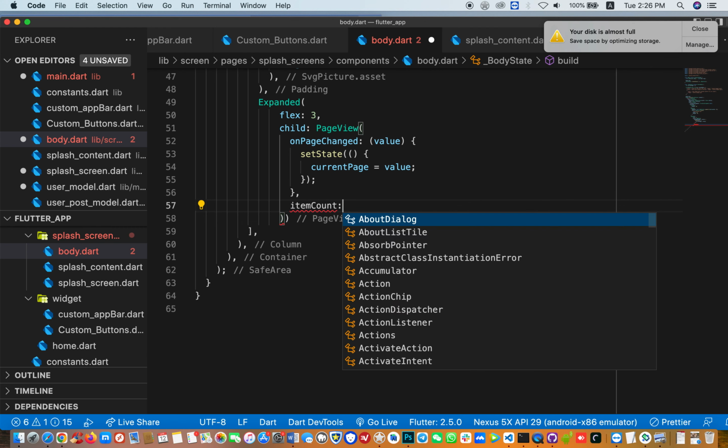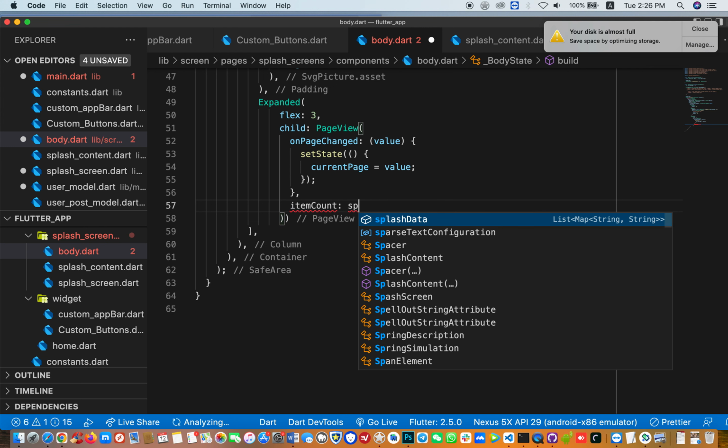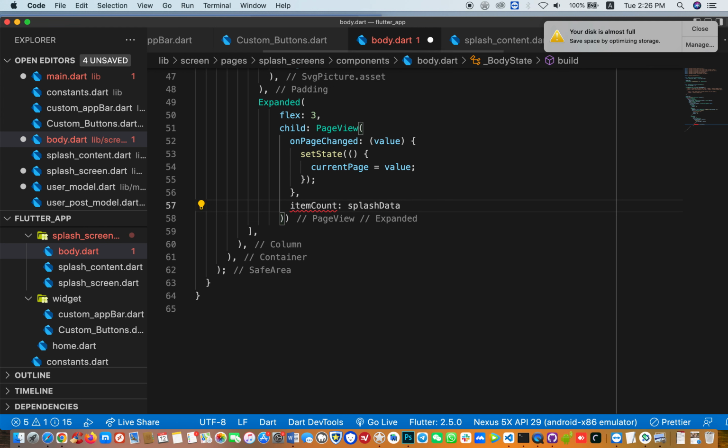So this item count will be the splash data, which we have up there. The splash data, and with this splash data we need to check the length of the splash data. Okay. After that,